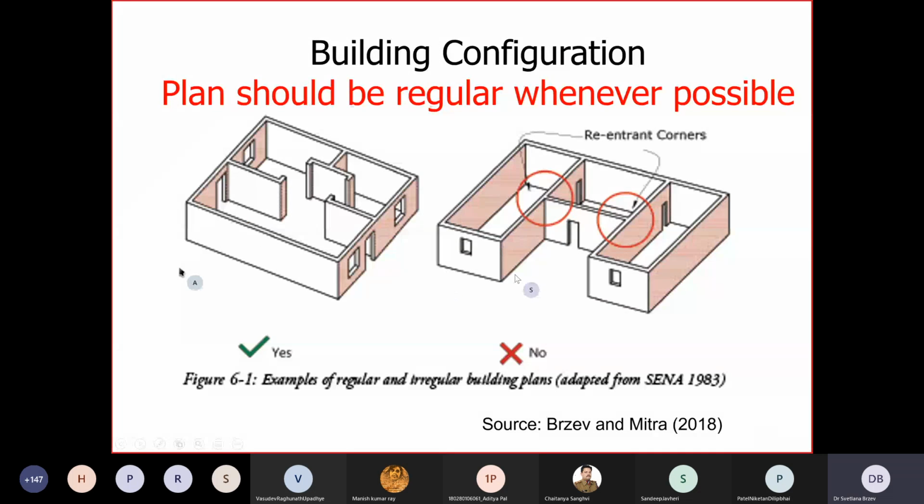So in terms of building configuration, I know that oftentimes we have irregular buildings, either in terms of the plan shape, like this U-shaped plan, or in terms of layout of the wall, but we'll discuss that now. Talking about plan shape, ideally, in an ideal world, buildings should have a regular plan. But many, particularly masonry buildings, are non-engineered buildings, and owners and builders are not even familiar that there should be some regularity in plans. And also construction goes on over time, so there are horizontal extensions, and it is not possible to have a regular plan. In that case,